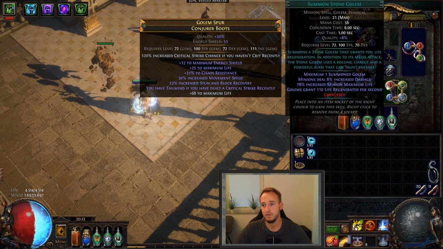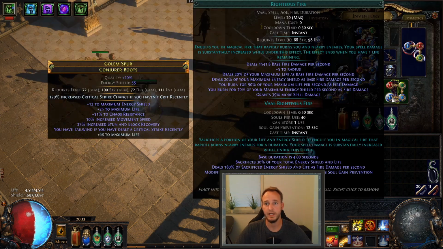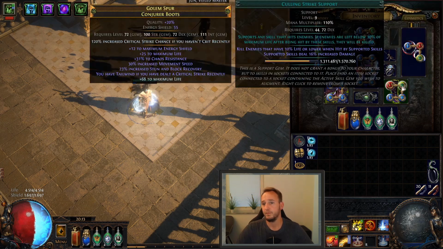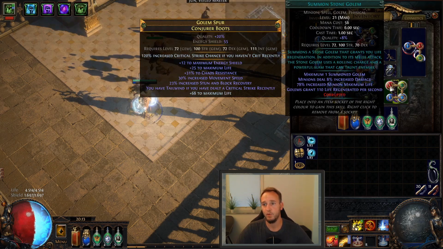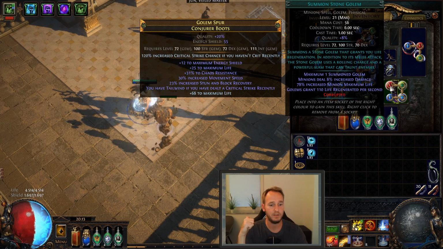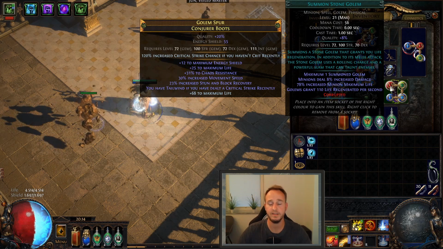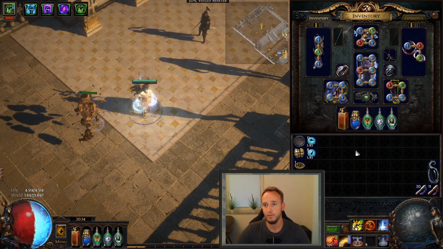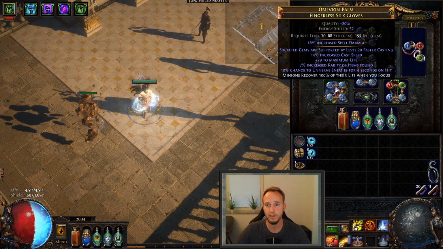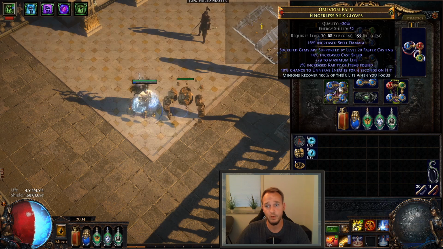As for my boots, there goes my Stone Golem, Killing Strike, Feeding Frenzy and Righteous Fire. Righteous Fire, Killing Strike and Feeding Frenzy actually support my Stone Golem, so the Stone Golem is aggressive and will kill all the bosses that are at 10% or lower instantly. So that's pretty cool. As for the gloves, you can see I'm using Wave of Conviction for the lightning exposure,